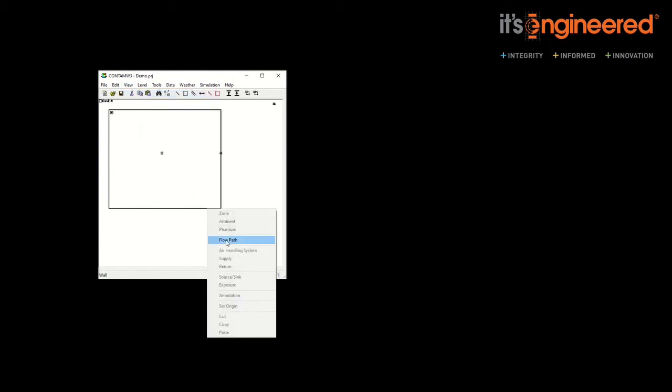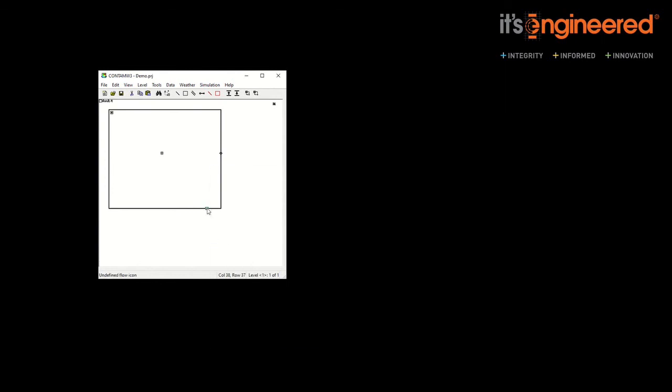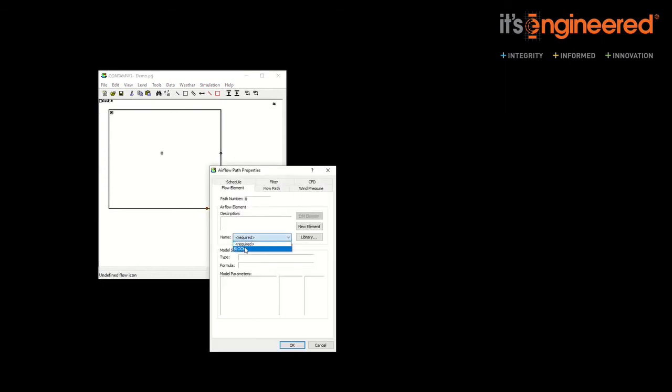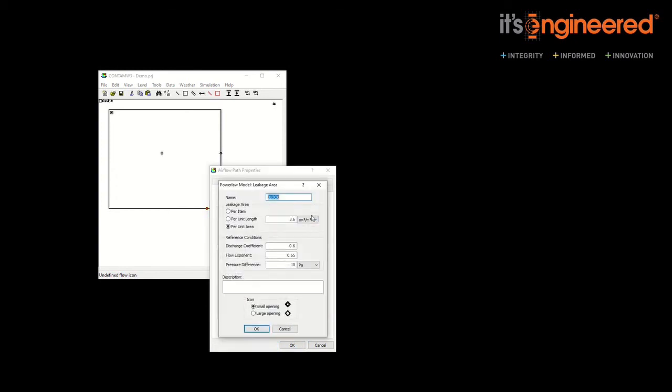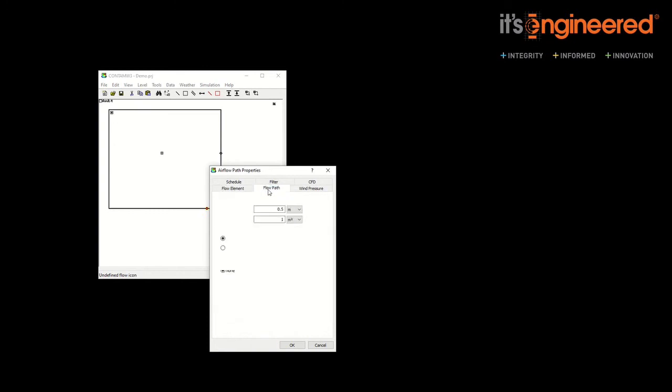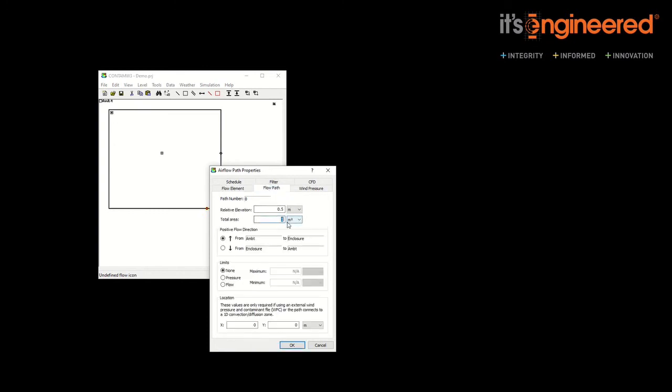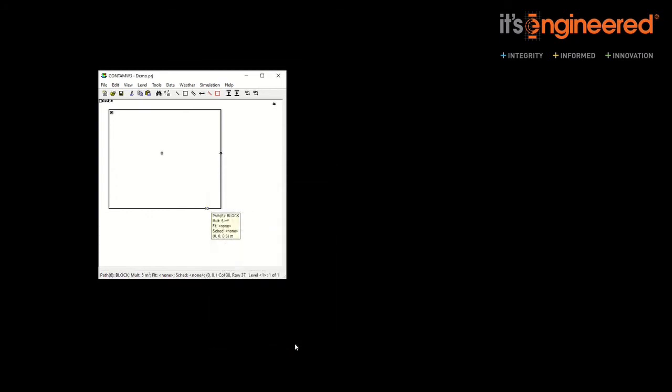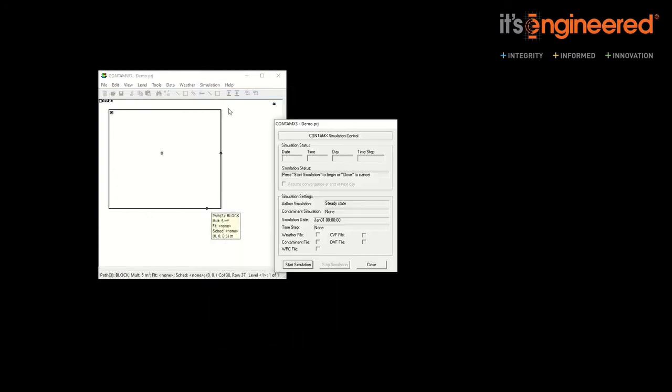Now we can also add another air path. Let's say over here, we'll go to view and then normal mode to be able to add a new icon. Right click, flow path, double click on the new icon. We'll use the same block path and we will edit that element, and let's keep the properties the same here, so it's the same leakage, but we'll go to flow path and we'll say total area is 5 square meters. So this is half the area of the other wall. Say OK, run the simulation,